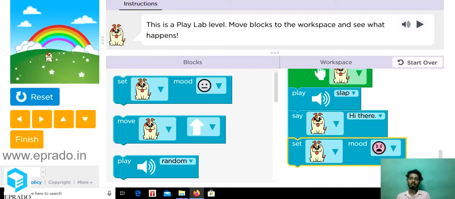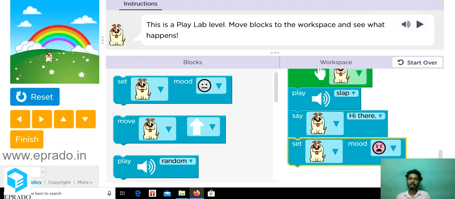Now the dog's face should become angry. Yeah. So first it was happy. When I clicked on the dog's face, it became angry. First it said hi there, and then for the second click, it made it angry.